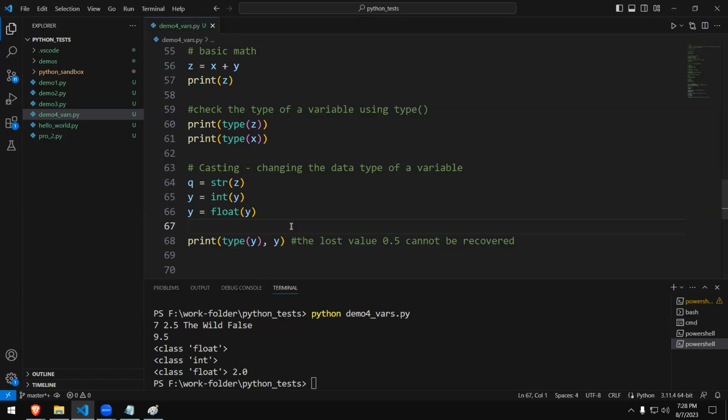Variables are a very fundamental part of any programming language. Fundamental means